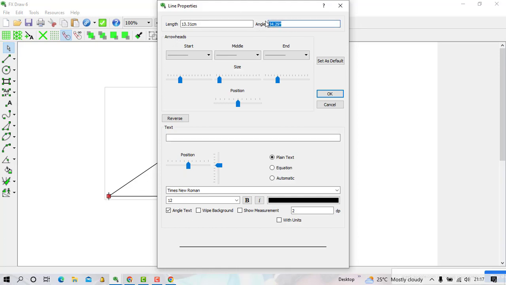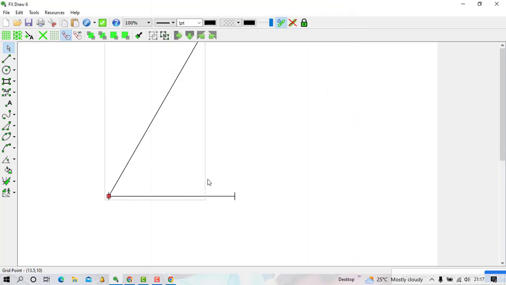So I go to the position of angle, type there 60 degrees, and then press OK. You'll find that when I press OK, the angle formed between the two lines is 60 degrees. This system is designed in such a manner that the angle is measured from the line to the baseline in the clockwise direction. So from this baseline, the inclined line makes an angle of 60 degrees. Even if you use the angle mark, it will give you 60 degrees.